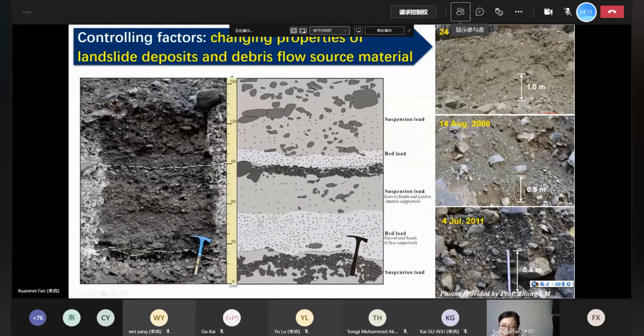So the bottom one is the oldest debris flow event, and covered on the top is the next event, and on the top is the newest event. You can obviously see that the grain size becomes coarser for the debris flow events. And from the field photo at the same location, you can also see the fine grains are easy to be washed away during the first few rainfall events, and then left the coarse grains. And the grain coarsening can cause permeability changes of the slope, and also the friction and cohesion change with time.